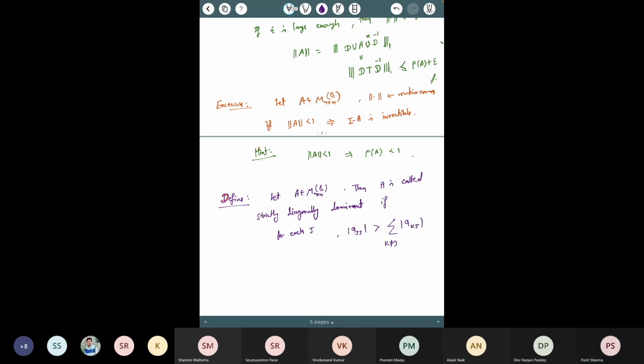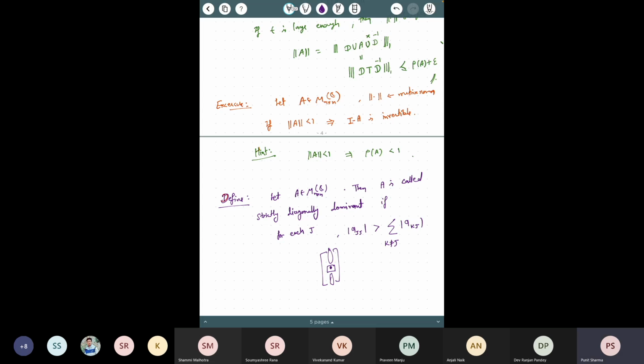So that means in a column, you look at the jth diagonal entry, and if that entry is greater than the sum of the remaining entries here, and this is true for each j, for every column, then that matrix is called